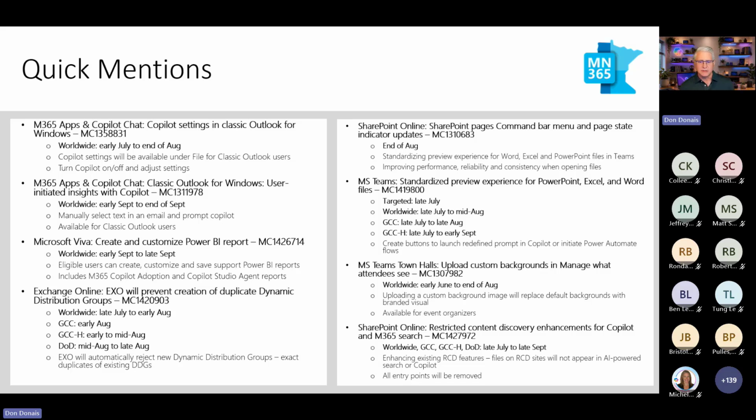Then last on this one is this restricted content discovery enhancement. And this is another tool that organizations use to help roll out Copilot and other AI tools, and be able to say, hey, I don't want content from these particular SharePoint sites to be discoverable or available through search or Copilot. So now they're adding even more features so that